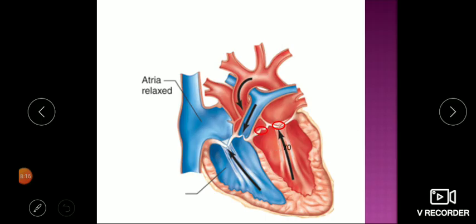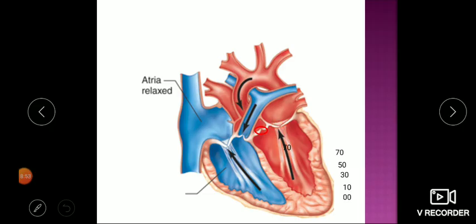Now after that, what happens? Pressure here is 70 in the ventricle. The semilunar valve is closed as well as the AV valve is closed because pressure in the ventricle is 70. Now this pressure will become 50. As the ventricle continues to relax and dilate, volume increases, pressure falls. 30. Still semilunar valves and AV valves are closed. Now the ventricle is relaxing as a closed chamber. Pressure is 10. Still the AV valve is not open. Now pressure is 0 in the ventricle.